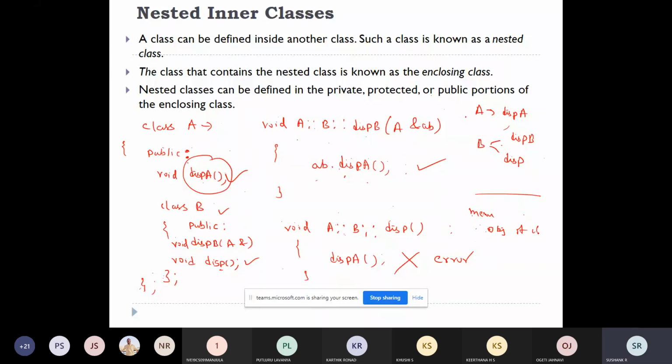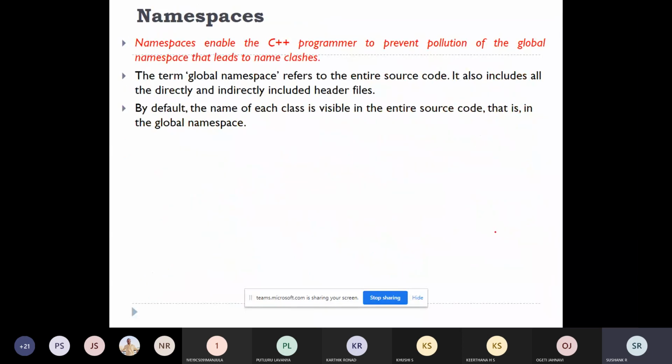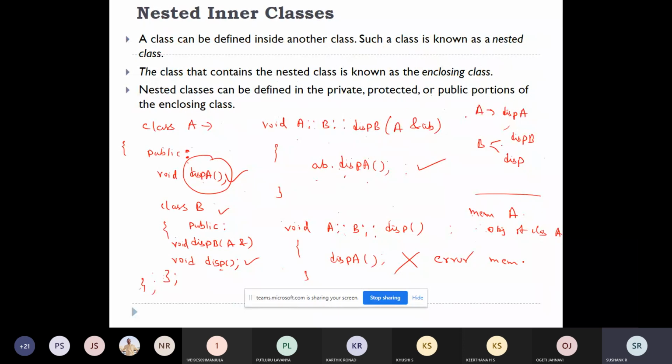Members of class A can be accessed by objects of class A, and members of class B can be accessed by objects of class B. Here you're directly trying to access the member function of A without any object of A. But here I'm creating an object of A and able to access the member function of A.